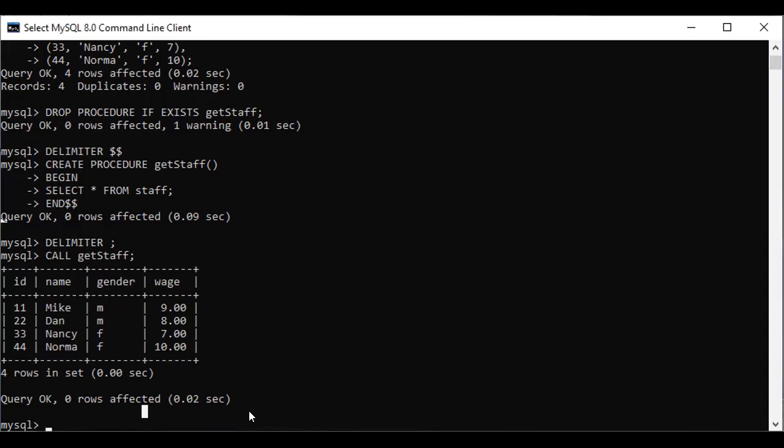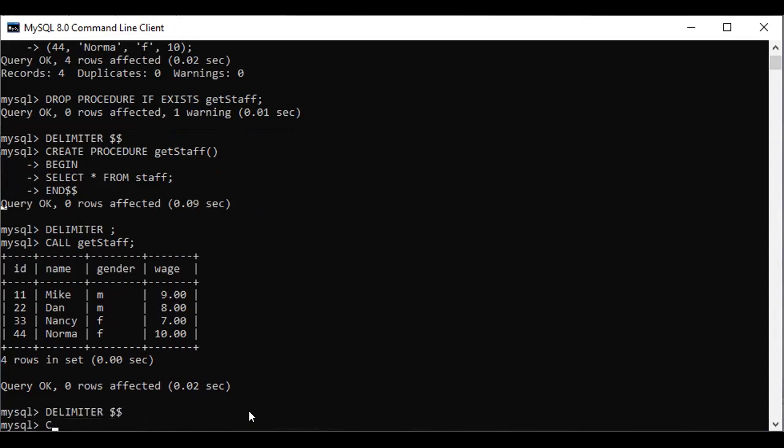It is a dynamic procedure with a parameter. The way is the same: delimiter, leave space, $, create procedure. Name of the procedure: get name. Now I'm creating parameters. Our parameter should resemble this column name.